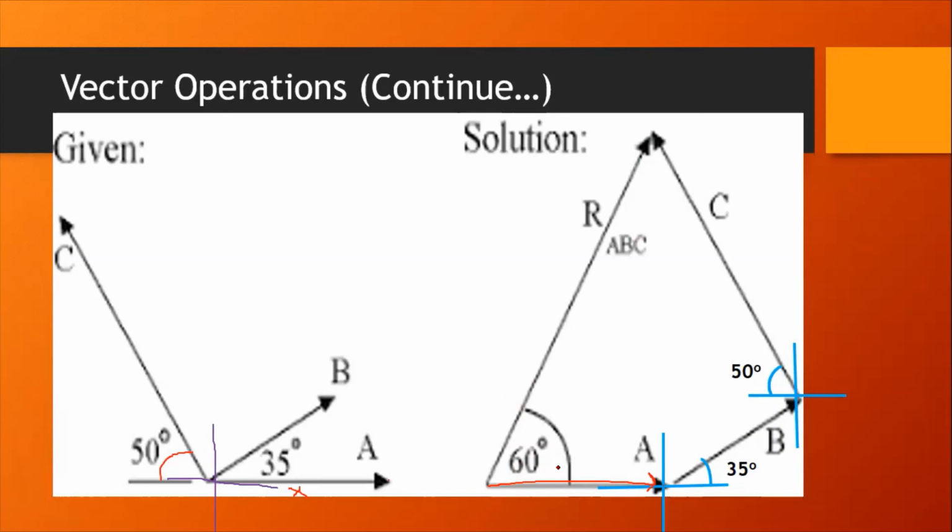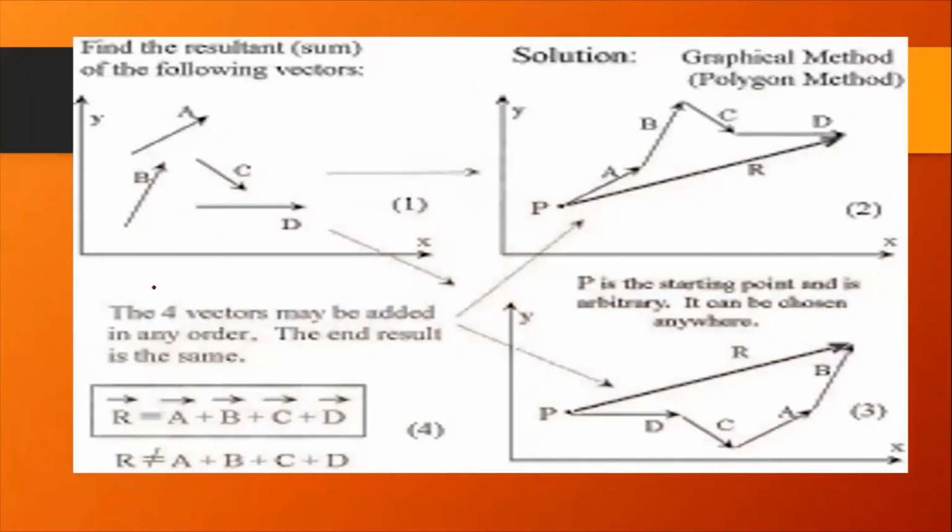But right now, the main purpose of this vector composition is how you can connect the vectors according to the head to tail rule method. So I'm moving towards the next slide, and hopefully you will find it interesting. Now there are so many vector forces here, A, B, C, D. So what we have to do is use the graphical method or polygon method.